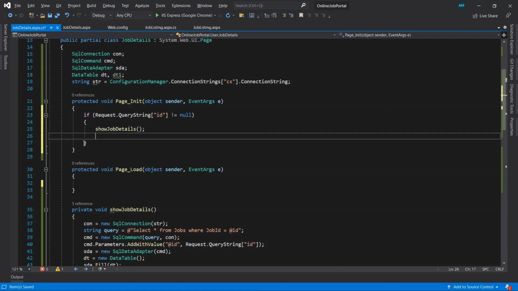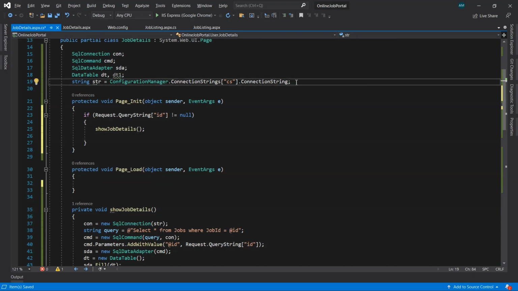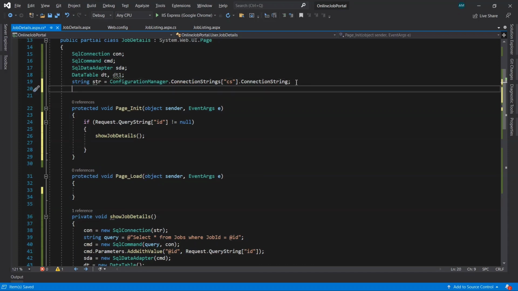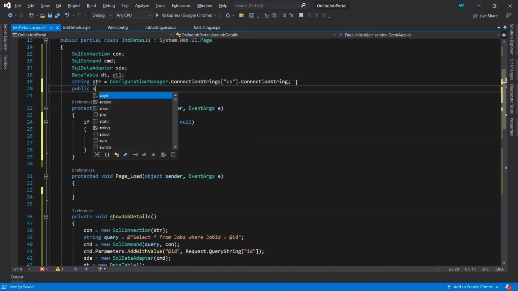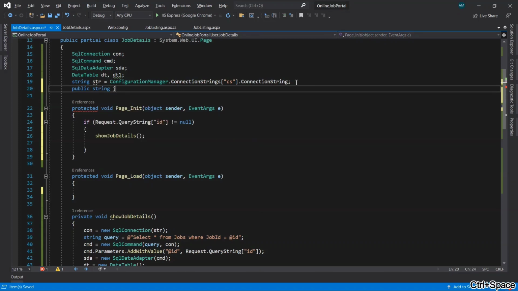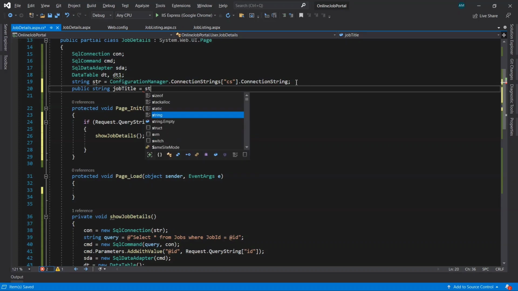Now here we'll take one string variable for displaying that job title. We'll take one public string variable, and to start we'll set it to string dot empty.